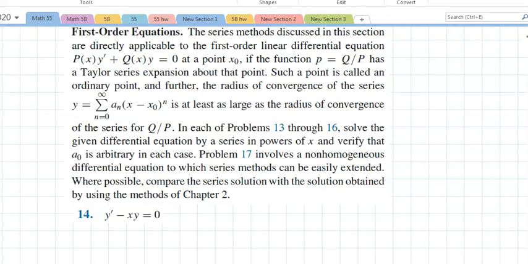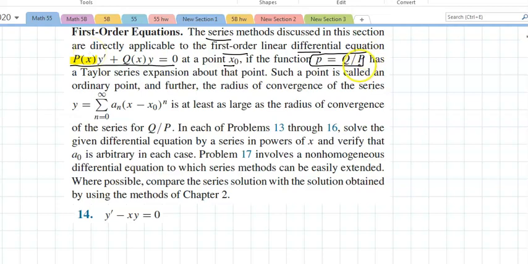Now we're going to look at first order equations. The series method discussed in this section are directly applicable to first order linear differential equations in this form. And of course, when we start this, we're going to make sure that we're with P of x, Q of x, and at a given point, the function P equals Q over P. Well, if you just set that equal to 1, everything will match accordingly, just like we did. That's what they're doing here. So if you set that equal to 1, you really don't have to worry about all of this manipulation